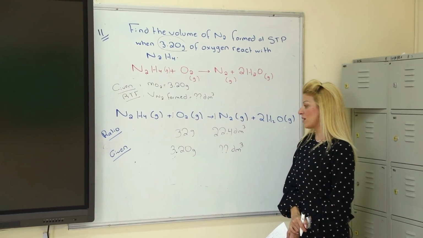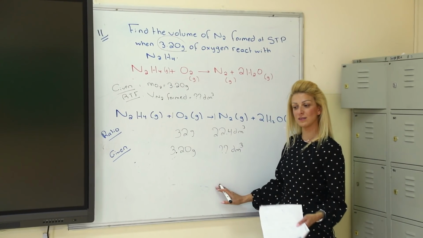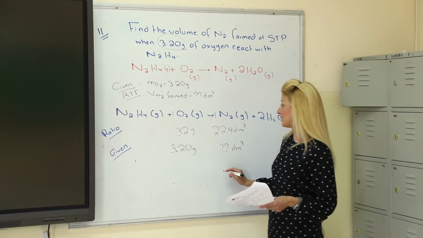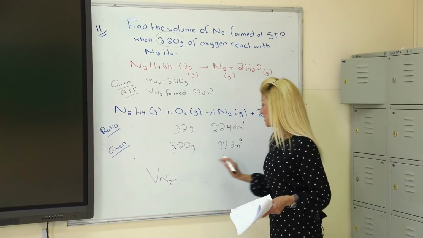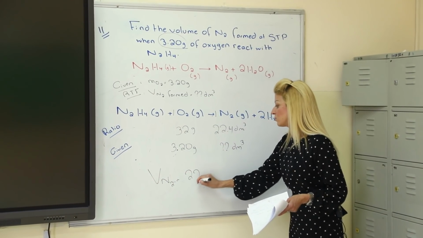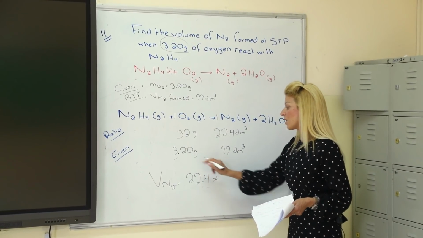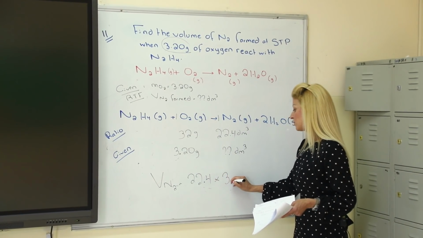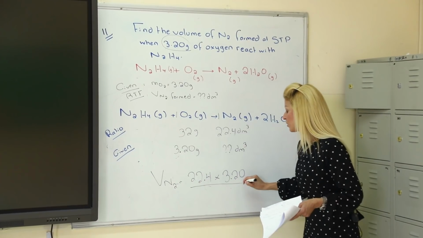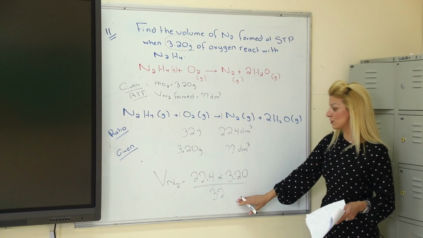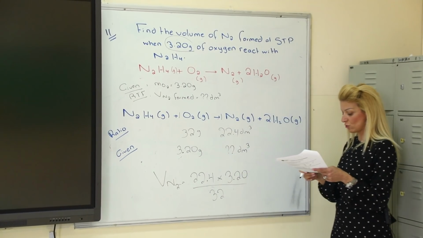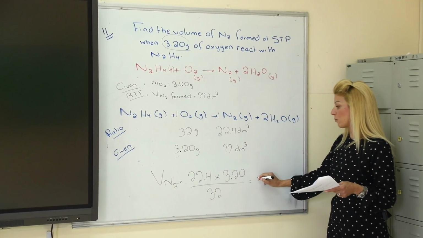So from my equation, I do a simple cross multiplication to get my final answer. So the volume of N2 needed equals 22.4 times 3.20 over 32. So 3.2 over 32 times 22.4, you end up with